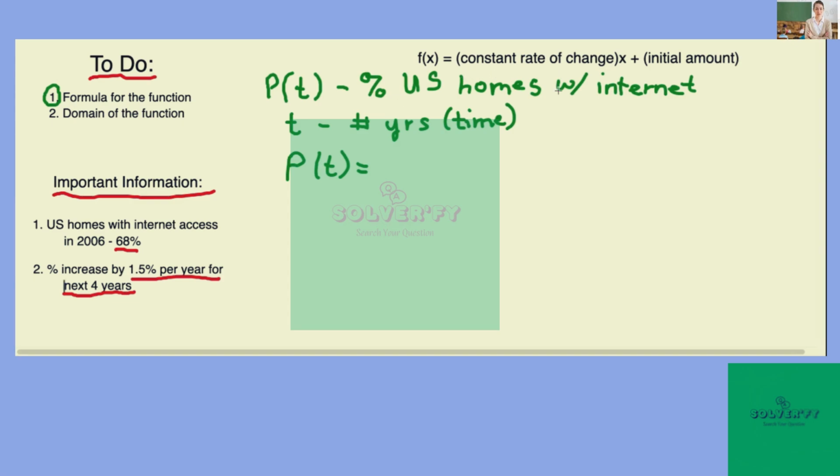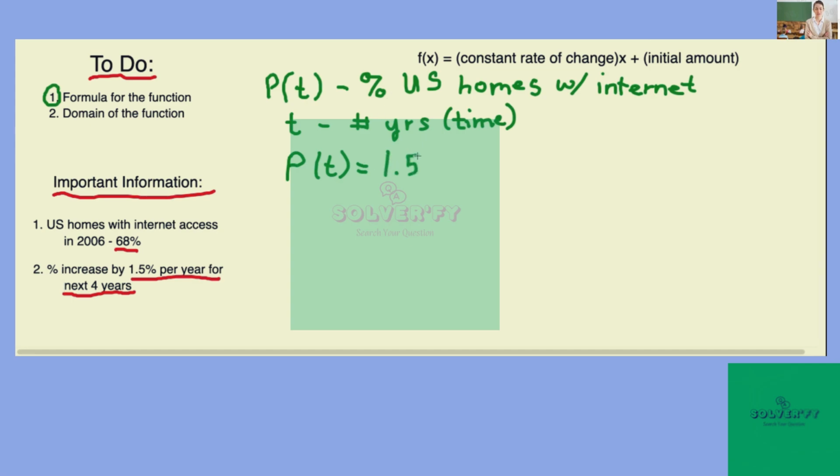Now here we have our constant rate of change, right? That means each year something's being added. If I go back to my important information, it tells us that each year we are increasing by 1.5%. So that's that constant rate of change. So I'm going to put here